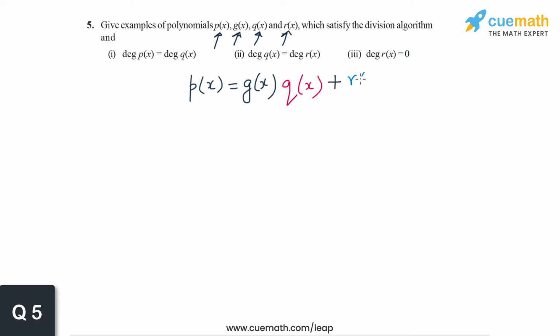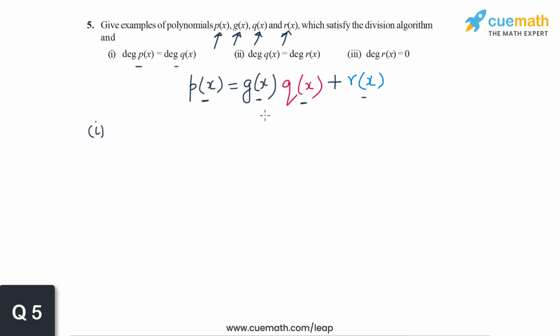I'm just using different colors to highlight the different polynomials. So p(x), the dividend, when divided by the divisor g(x), gives the quotient q(x) and the remainder r(x). Now we have to find examples of these polynomials such that degree of p(x) is equal to degree of q(x). So that's part 1. The degree of the dividend is equal to the degree of the quotient. That may seem quite surprising,